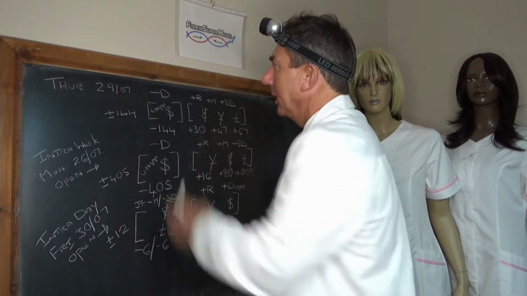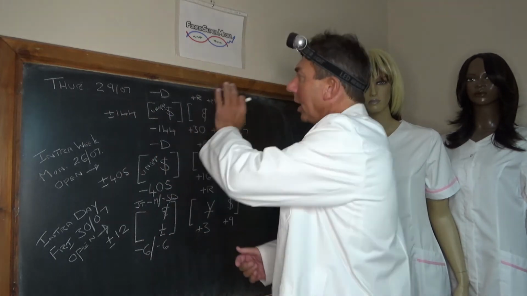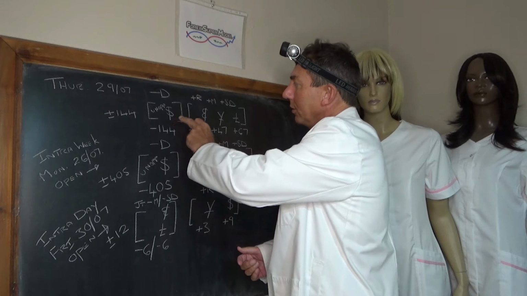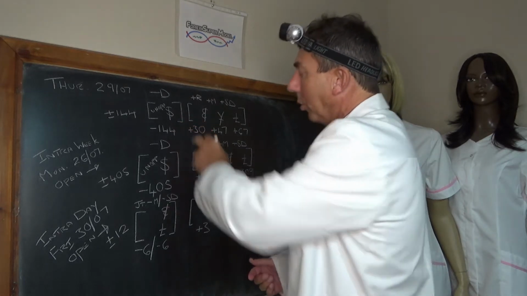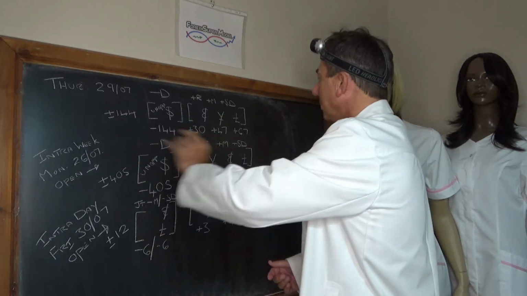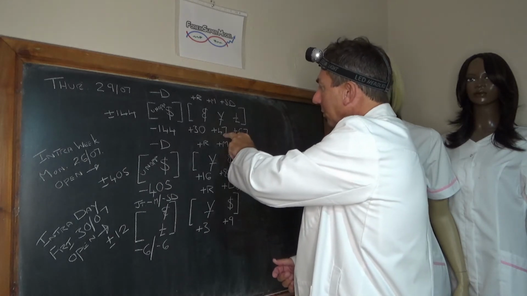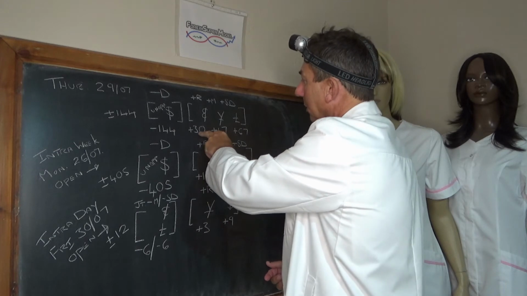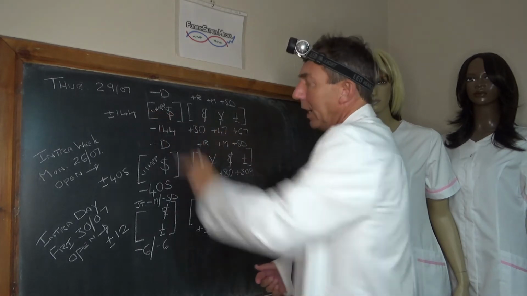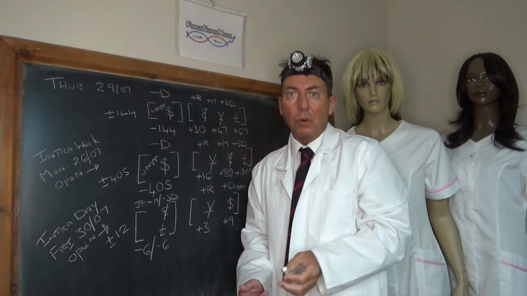Right, yesterday then, Thursday the 29th, we had an unopposed negative driver in the dollar at minus 144, so no backdoor flows, but the opposing positive flows were mainly going into the pound at plus 67, into the yen at plus 47, and the euro was the positive rock at plus 30, activity plus or minus 144.